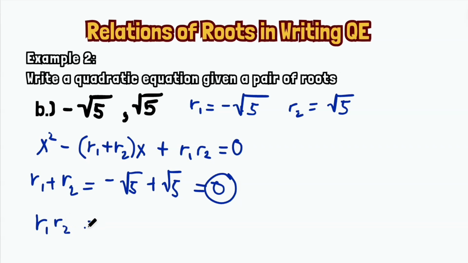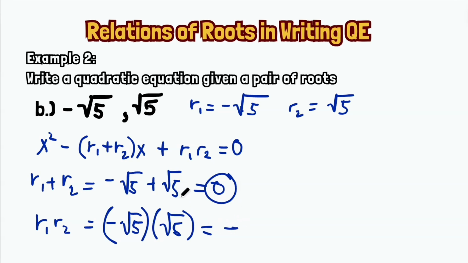The product of these two roots would be equal to negative square root of 5 times square root of 5. Okay? So, there is a method na ginagamit dito na if you multiply this one, okay, of course, negative times positive is negative. Okay? So, here, ang ginagawa kasi dito, since parehas naman sila ng index, no? Parehas sila ng radical symbol, nilalagay ko lang muna yan sa loob ng bahay. So, gumagawa ko dito ng bahay, radical sign, and then, ginagawa ko dito sa dalawang radicand natin na 5, i-multiply